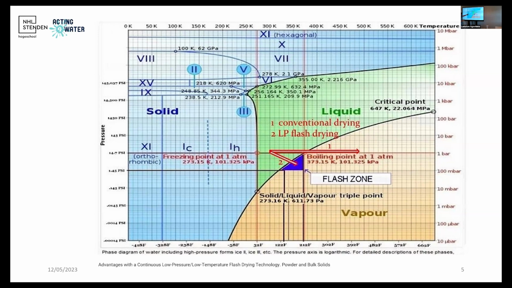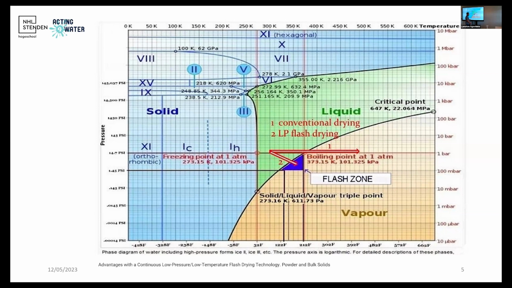So solid phase is at low temperature, at a range of pressures. You can still have solid phase. Vapor, you can have at high temperatures and relatively low pressures. And if you increase the pressure, you can move to the liquid phase. So if you think about it, the flashing zone is exactly the way of evaporating your liquid by means of manipulating